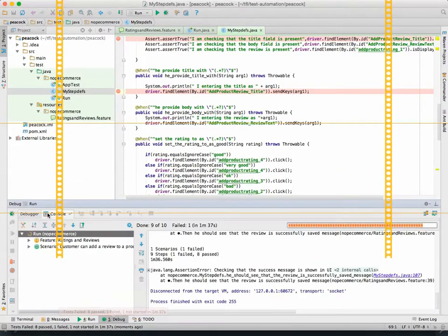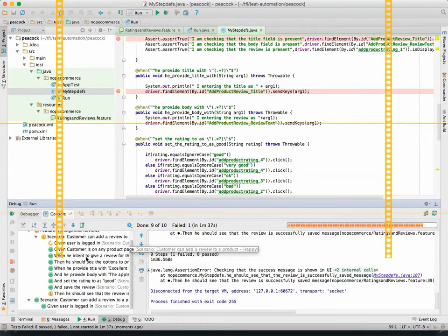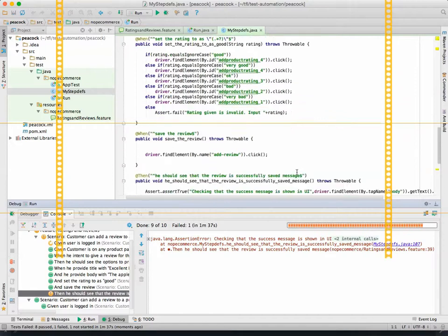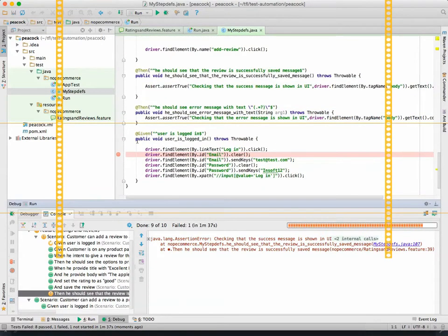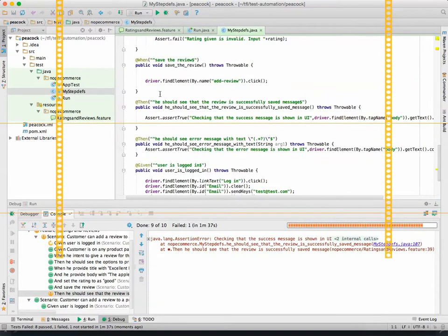So till what step did we go? We went till the last step. Okay, so there should be a success message. That is the problem. So we'll put a breakpoint there, so that everything is passing except the final success message. So it is failing here, right?